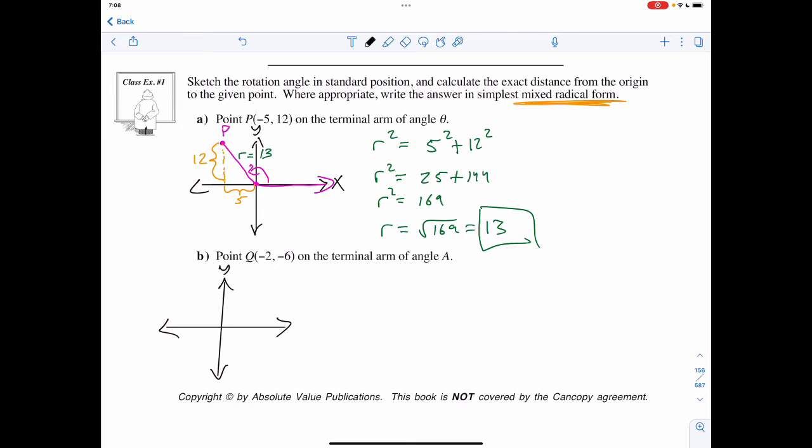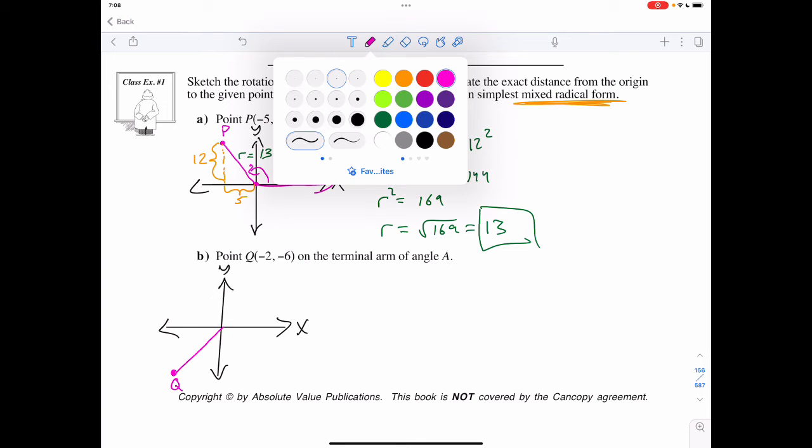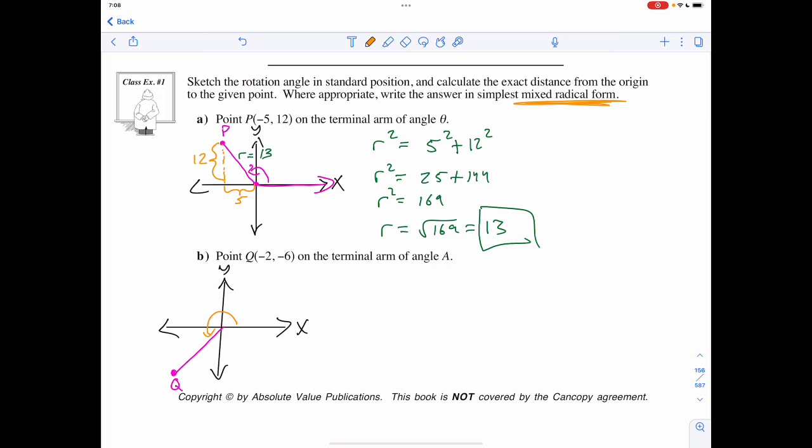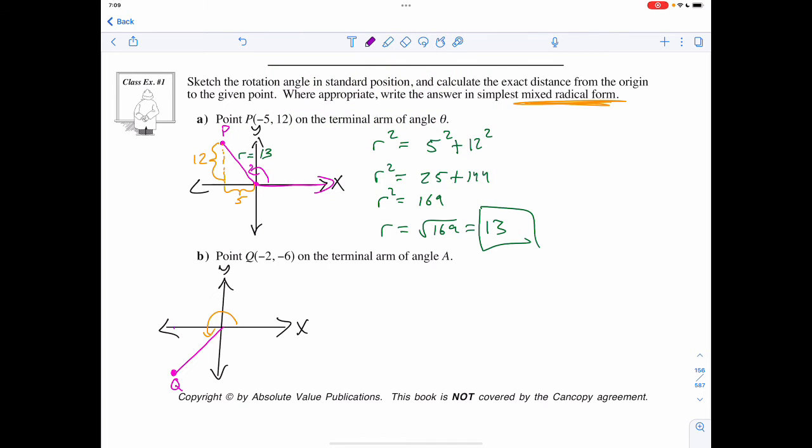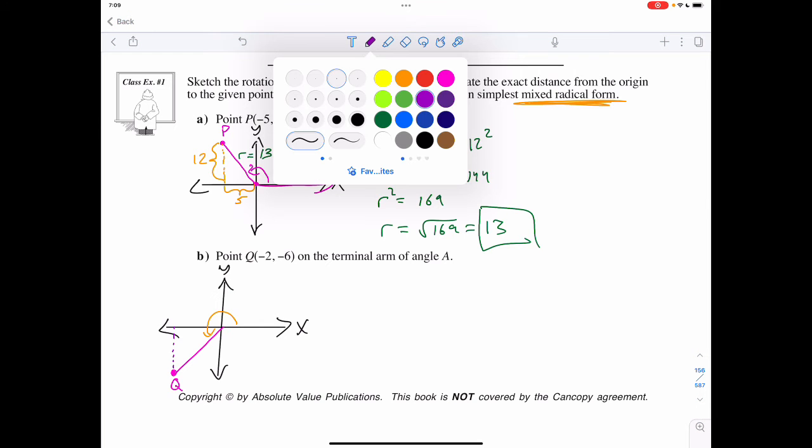There's my y. There's my x. I have the point of -2 and 6. Sorry, -2 and -6. So here's point Q down there. There's my rotation angle. And once again, I'm going to draw a dotted line that connects it right back to the x-axis, knowing that I'm solving for my r once again,